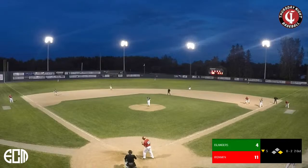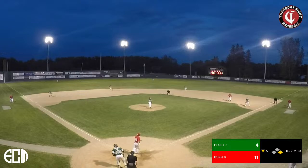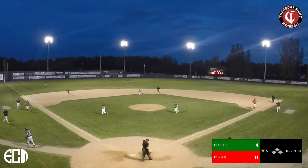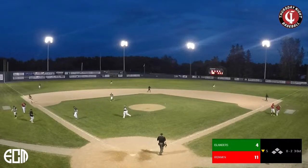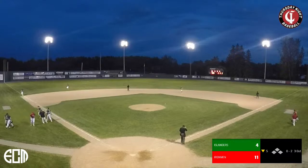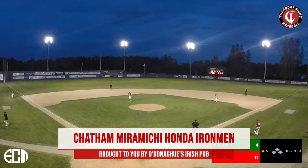So again, the Ironmen have tacked on 3 here in the inning. 1 in the first, 7 in the third, 3 in the fifth, the odd innings. And there's a swing and a miss, strike 3. So that'll be the first New Brunswick Senior Baseball League strikeout as an Islander for Max Jardine, and he gets out of the inning. But the Ironmen scored 3 more. So after 5 complete here at Ironman Field, the score is your Chatham Miramichi Honda Ironmen 11,